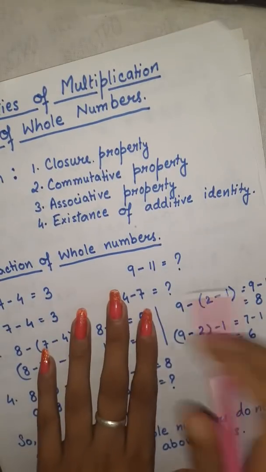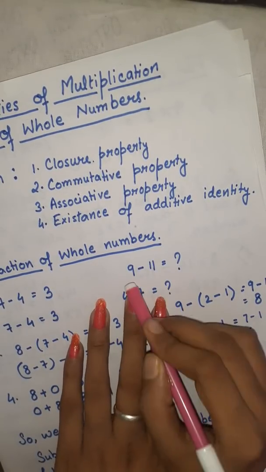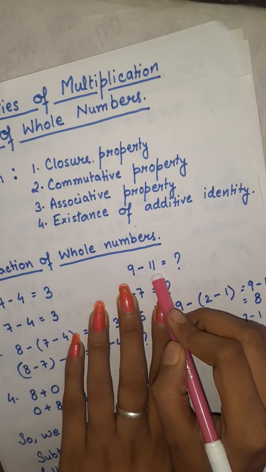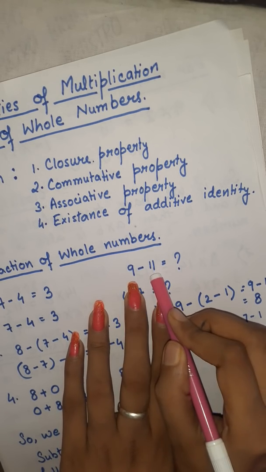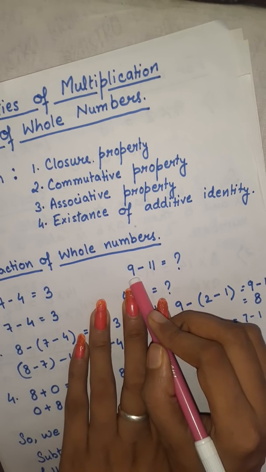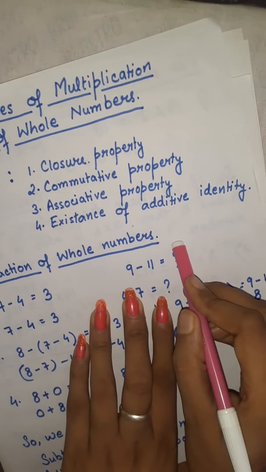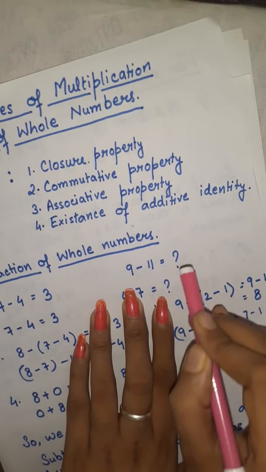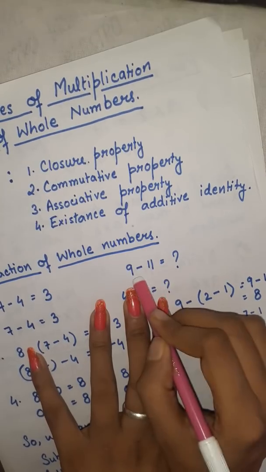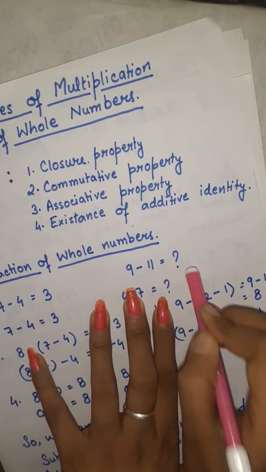But if we talk about 9 and 11, right? 9 and 11 both are whole numbers. But can we subtract them? No. Why? Because this is the smaller one, this is the larger one, and we cannot subtract a larger number from a smaller one. Correct? We don't know what we are going to get. We will study what we are going to get in a different chapter. Okay? This subtraction is possible, but not under whole numbers.